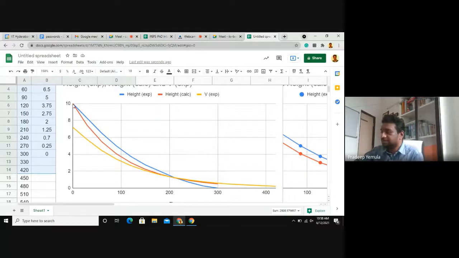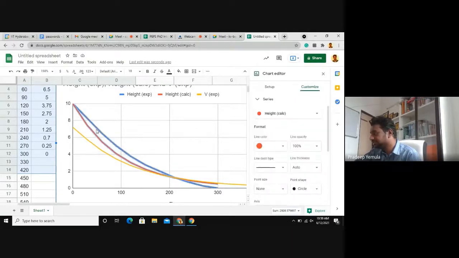Only thing is the starting point: for the water experiment, we started with 10 centimeters, whereas for the battery, we started with 7.2 volts. So that's why the starting point is at 7.2. The yellow line is the one that we have done. So anyway, I'll just delete the other two series.